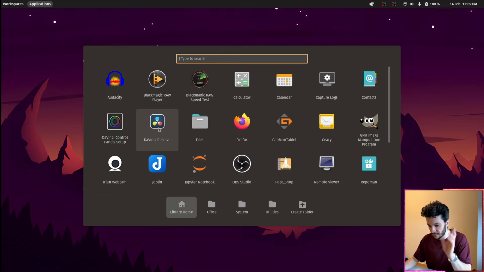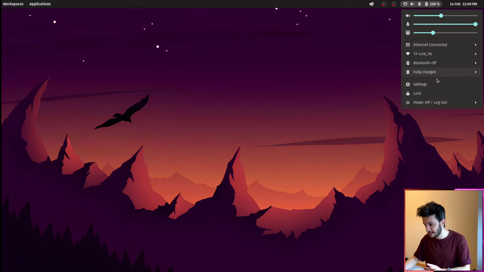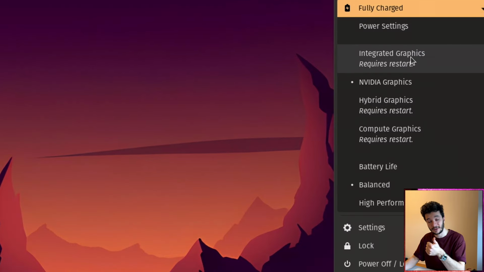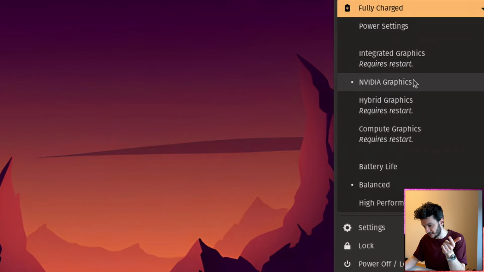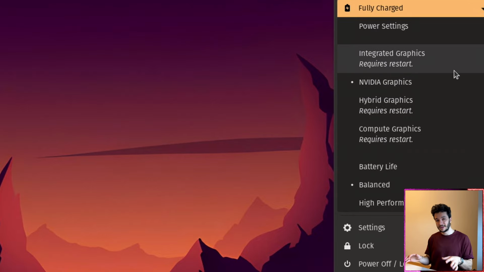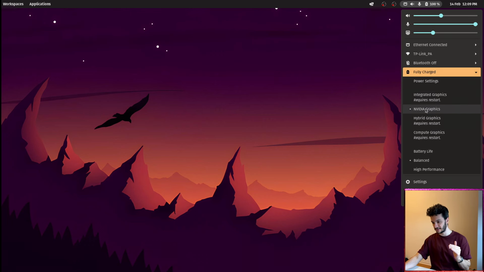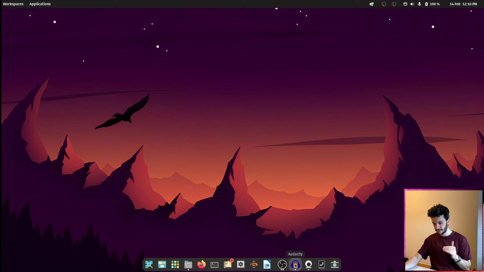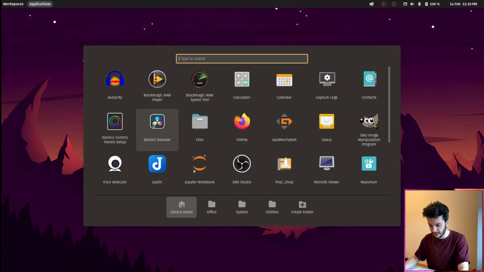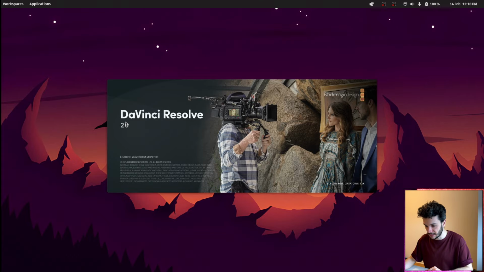If I want to open DaVinci Resolve, a very important note is if you have a laptop like this one, you will notice that it has an integrated graphics card and an NVIDIA graphics card. By default, this laptop came with Windows and it tries to automatically switch between integrated and NVIDIA. But I often had problems with this feature on Linux, so I'm solely using the NVIDIA graphics card here. This is because if you open DaVinci Resolve, it's DaVinci Resolve 20, the free version,